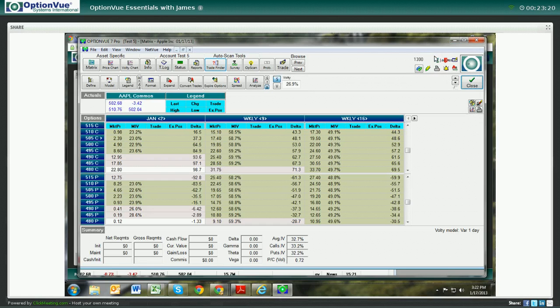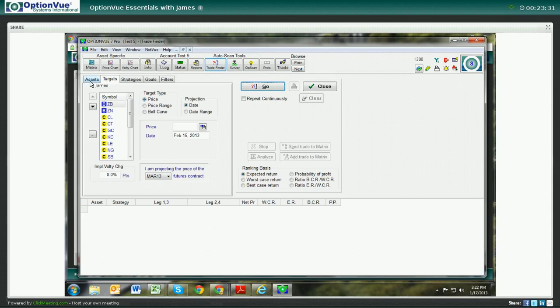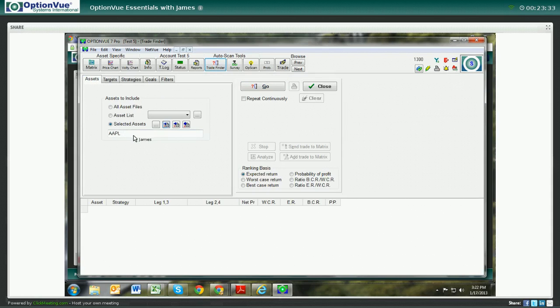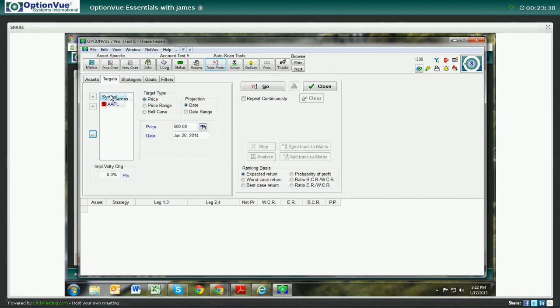Okay. Let's see. I have a really large defined Apple matrix here. I'm actually going to suspend the quotes. Not a bad idea sometimes when you run a TradeFinder because there's so much data coming in all at once when prices are changing. But now I'm going to start over here. I'm going to go here. I'm going to click on one. There's my Apple, the one I'm highlighted on. I'm going to hit a